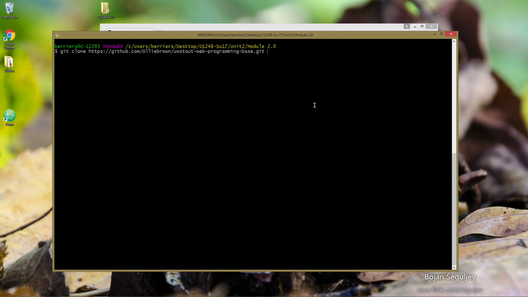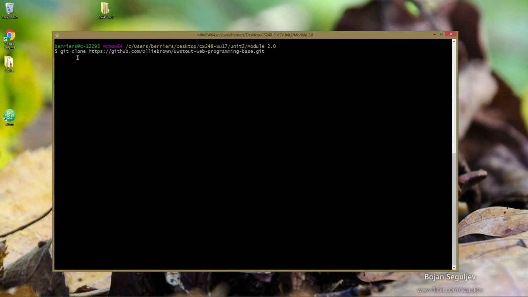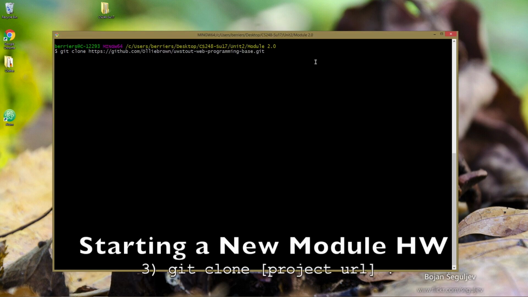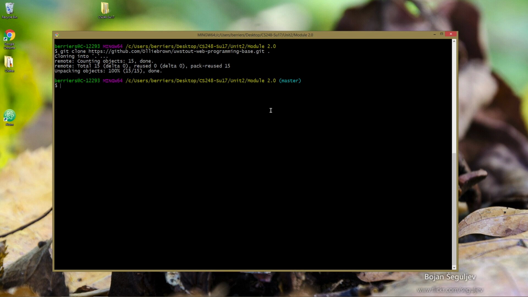You can find this URL on the course website, or you can go to the actual GitHub webpage where the project is hosted, and you'll find it under the big green clone or download button. You do not need to create an account to be able to do this. Type in git clone and then that project, and then I recommend putting in a dot so that it clones it right into the current directory. Press enter, and it will very quickly grab the base files that are needed and keep them loaded into this